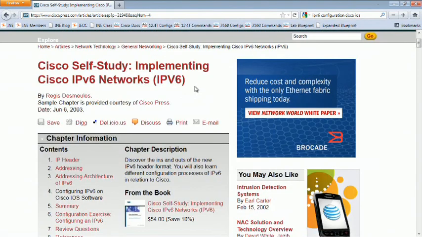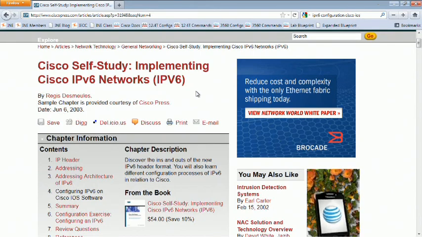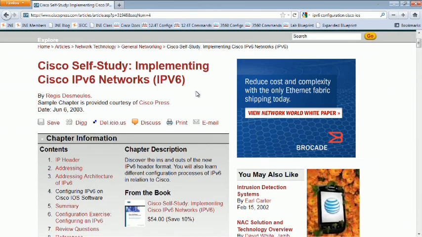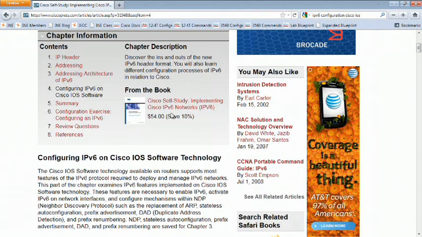And it must be this one here, implementing Cisco IPv6 networks, which is pretty similar to the configuration guides, where it just talks about how do you implement the specific protocols in IPv6. So a lot of this configuration we're going to go over today quickly. But again, if you understand the IP version 4 counterparts, then it really shouldn't be that much further to get